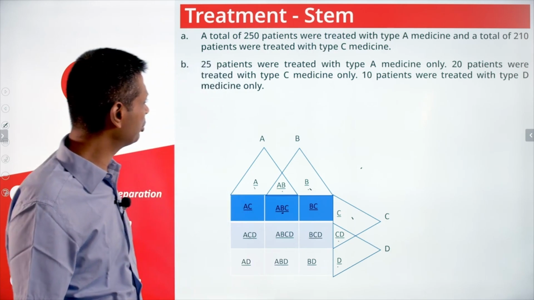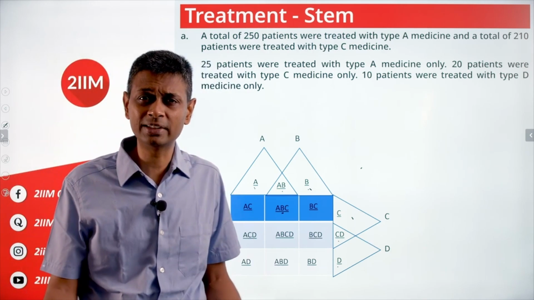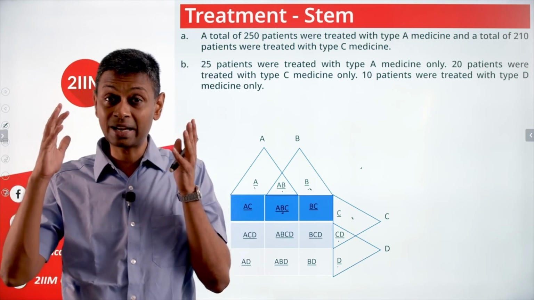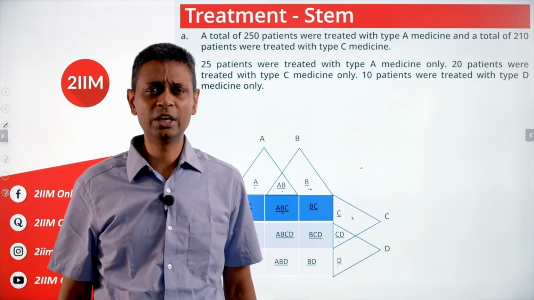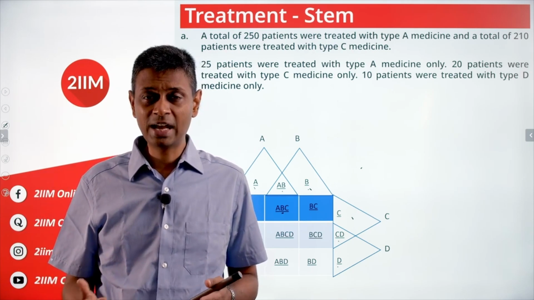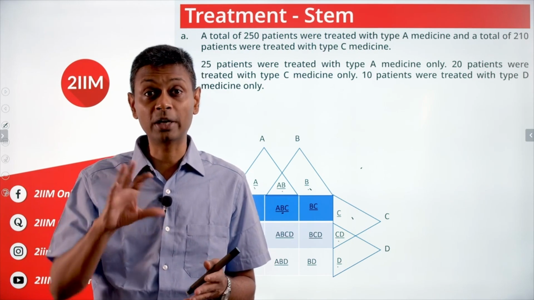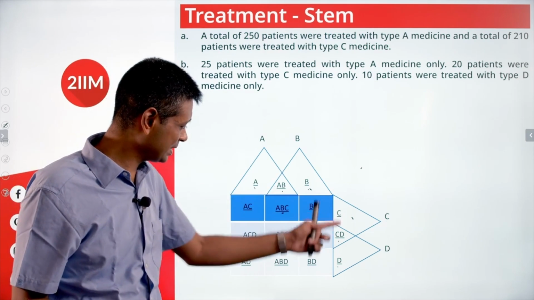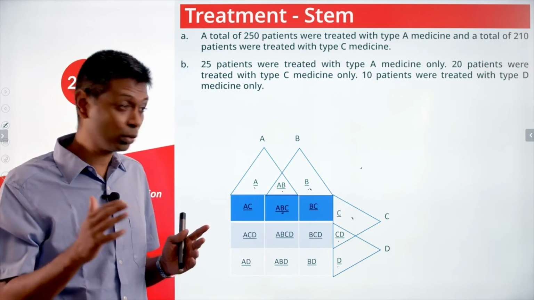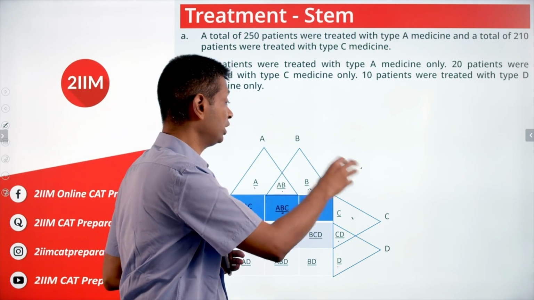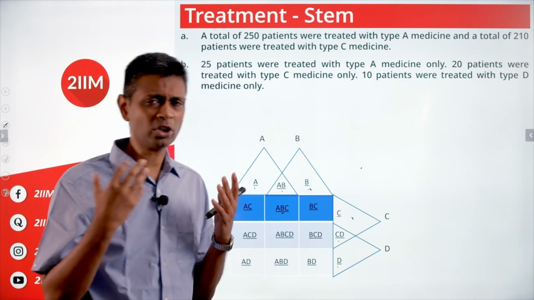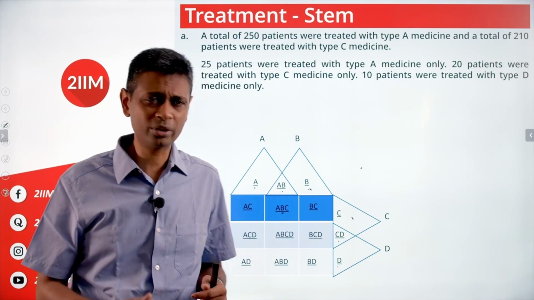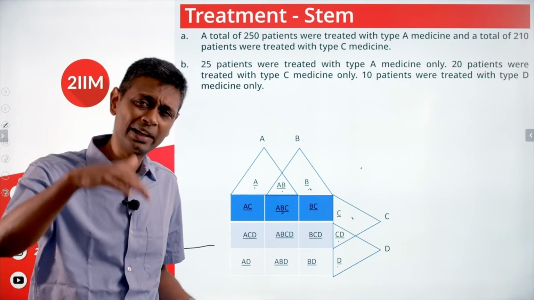So with this diagram, it becomes very easy to fill in the data. And it becomes very tough, annoyingly tough to intuitively track 4 sets. And so it is best to plug in whatever you have and then go for the figuring out part. Right now, I can't register all the data. Look at this, there are 15 data points. And then you could be given total of A, total of C, total of B as well. It's impossibly tough to retain all of that and then have some sense of intuition with it. Plug in a few numbers, see where that takes us, then come back and figure out whatever we need to figure out.